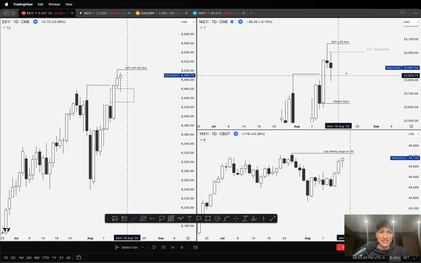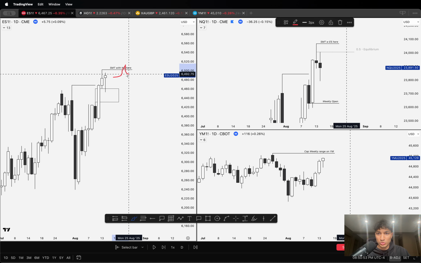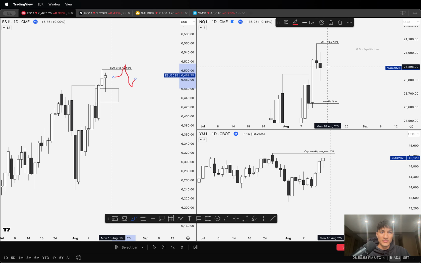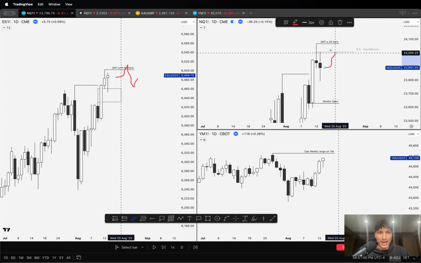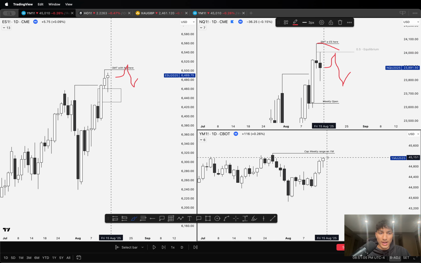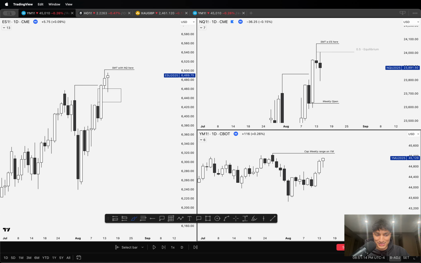So now I'm thinking the next day's dynamics are ES comes in, forms SMT with NQ, trades lower, closes. Open, high, low, close. Nasdaq will open, trade high, put in an SMT with the ES, trade lower, close, and YM will do something similar, right? Taking out that high. Which market do I want to be a short participant in? The answer is going to be the Nasdaq, right? These confluences lend themselves to me trading Nasdaq lower on the Friday before I even see any of the daily